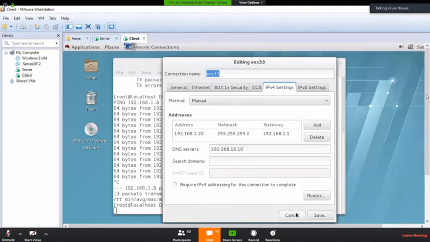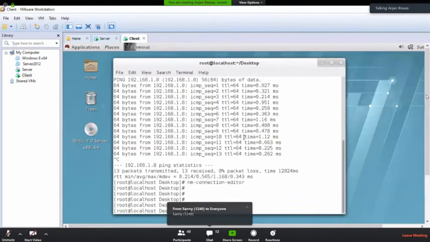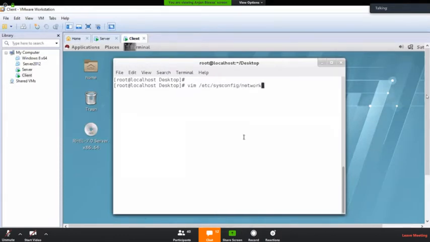Now, after saving it, my LAN card name is ENS33. So that's why the file name is ifcfg-ens33.